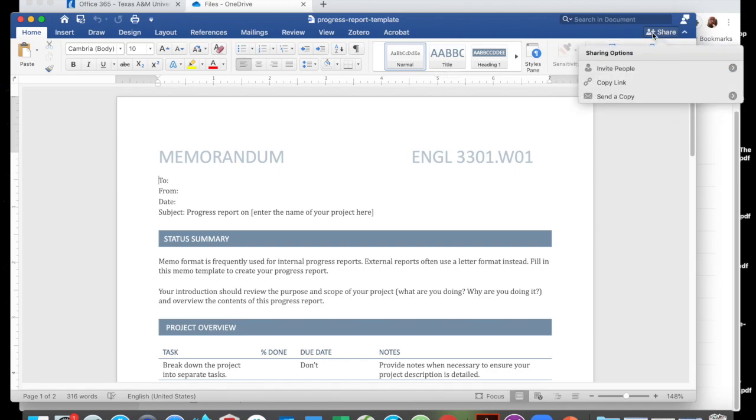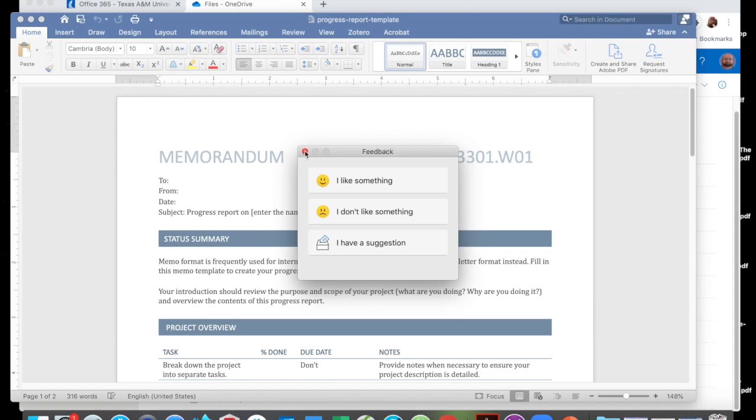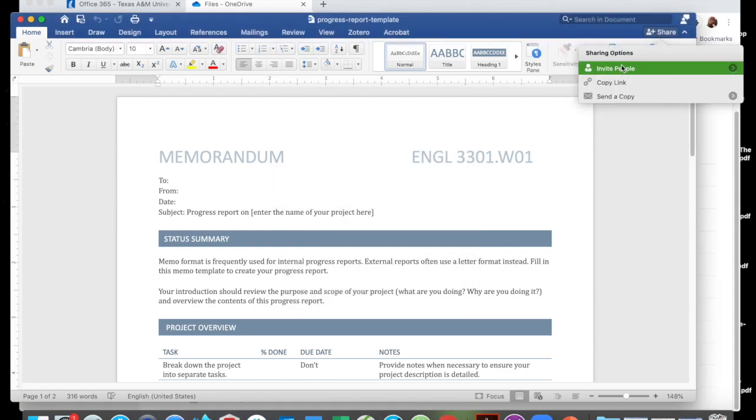If multiple people are working on the document, they'll show up in the sharing features over here on the right. Right now, I'm the only person, right? So there's no one to share with. Okay, and then again, as long as I'm